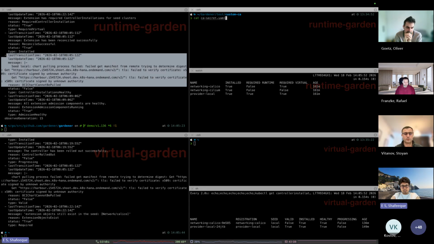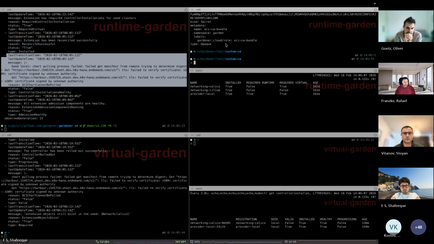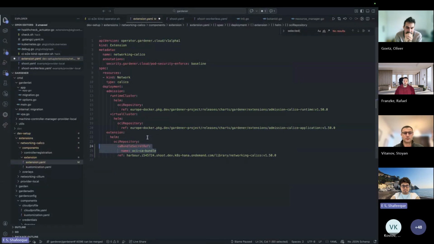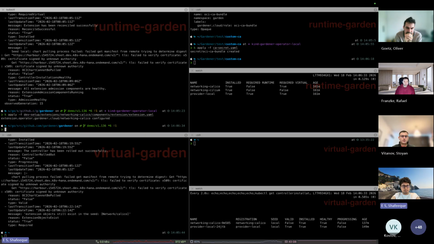So I will now create a CA secret which has the key bundle.crt and this label gardener.cloud/role: oci-ca-bundle. This is needed for this secret to get copied to the seed namespace in Virtual Garden. So let me create this secret, and then we can also reference it under the extension OCI repository with the secret ref name. And if I go back and apply this secret,